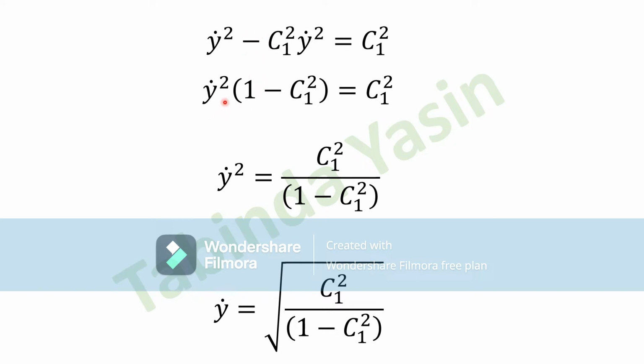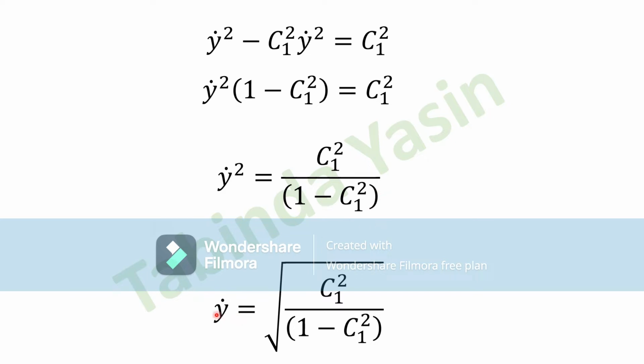Then y dot square is taken common, and y dot square bracket 1 minus C1 square is equal to C1 square. Then, taking that term into the division, y dot square is C1 square divided by 1 minus C1